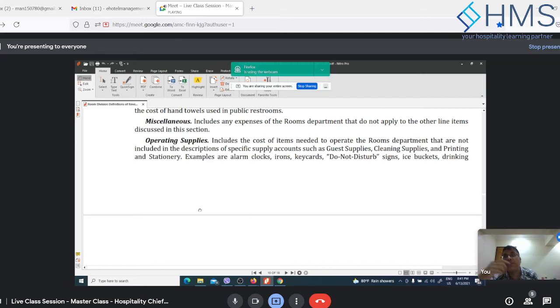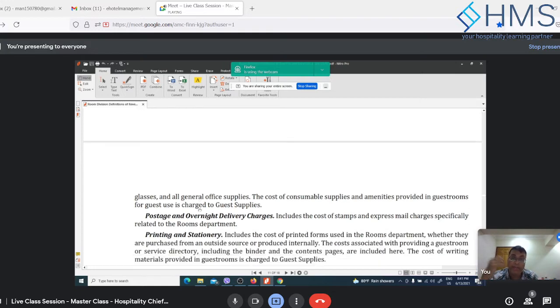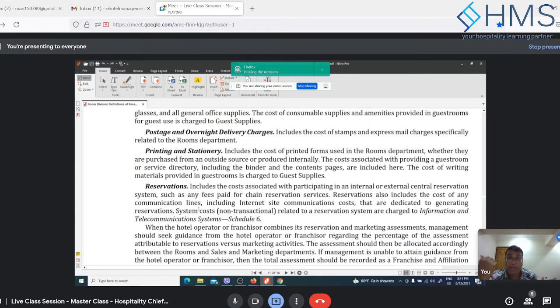This cost is not something which is regular or based on occupancy. So it's an ad hoc thing, which is usually changed based on certain schedules, right? So you have to be aware of that, especially for budgeting.